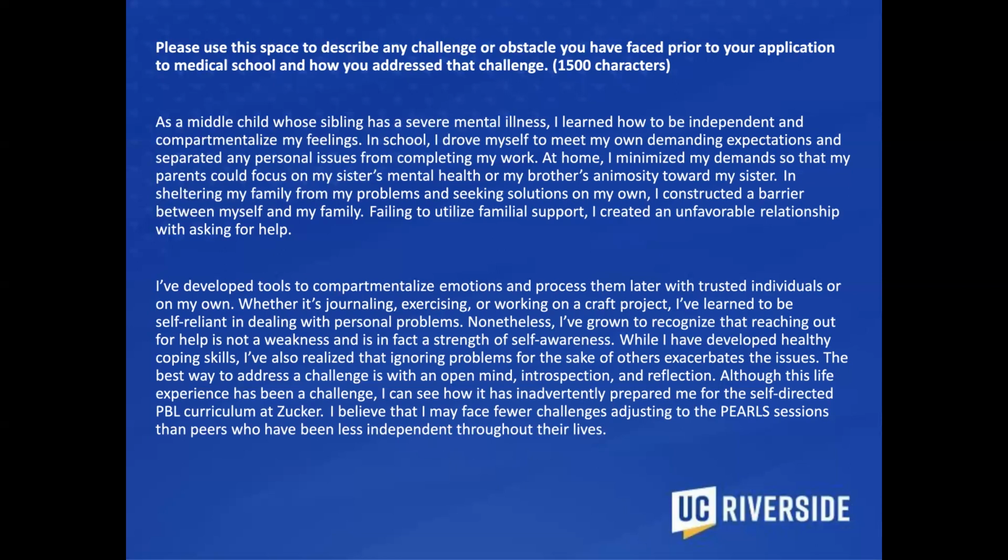Yep. So, one thing that I really like in answers is where you point out something that didn't go well, and then you reflect on how you've overcome that. In this case, she said that in compartmentalizing her emotions and avoiding her family, she developed an unfavorable relationship with asking for help, which we know is dangerous in entering the medical field, because you really need to ask for help when you don't know what you're doing. So she then shows how she has coped with that,